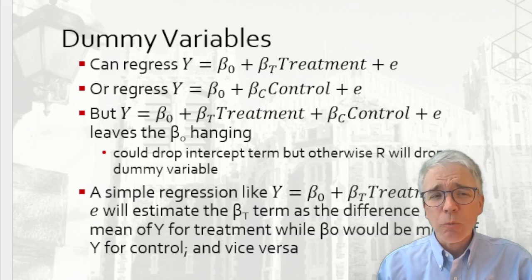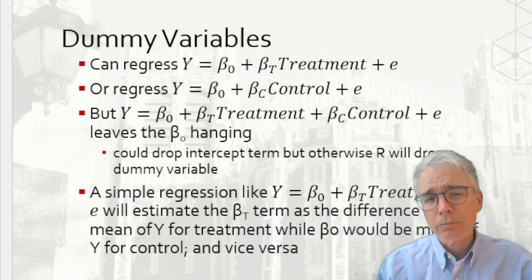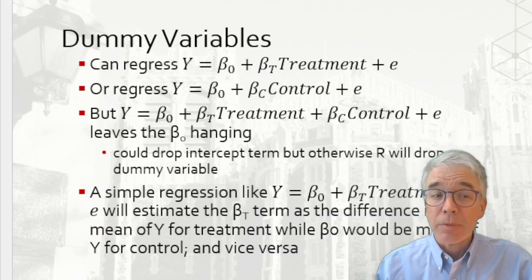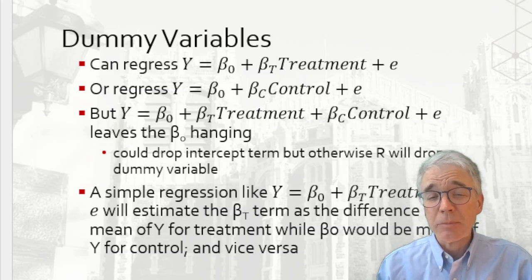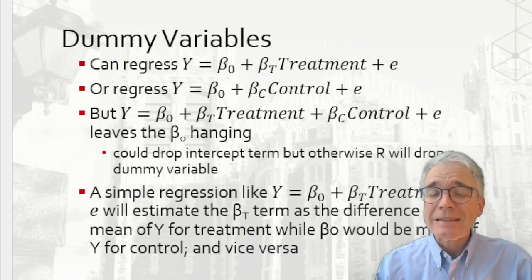So we could do either of two regressions. We could regress y equals beta naught plus beta t treatment plus some error, or y equals beta naught plus beta c control plus some error. But if I create a regression y is beta naught plus beta t treatment plus beta c control, and beta